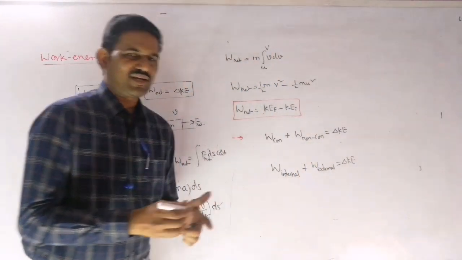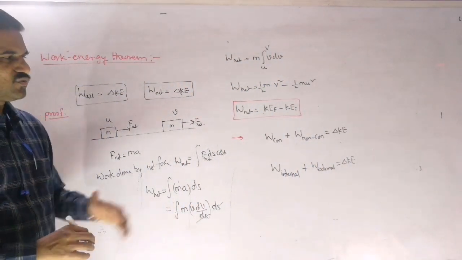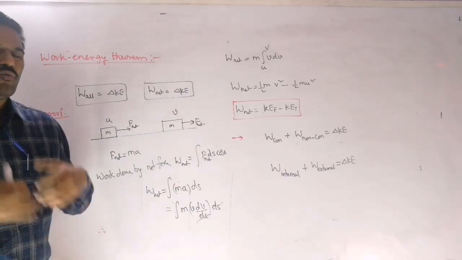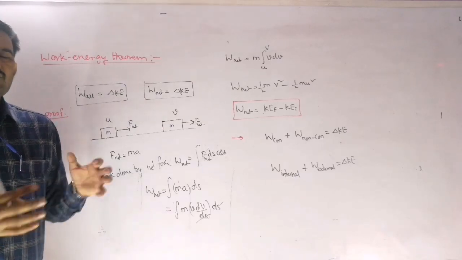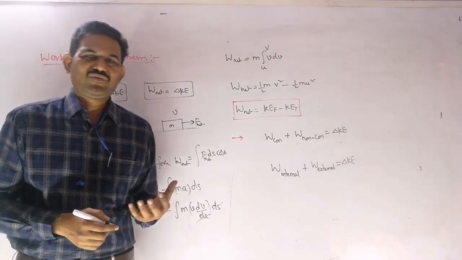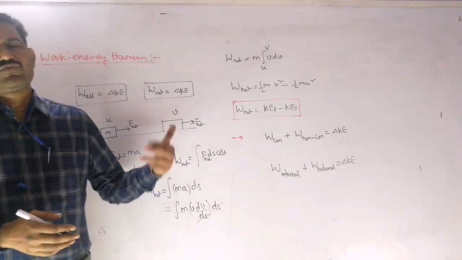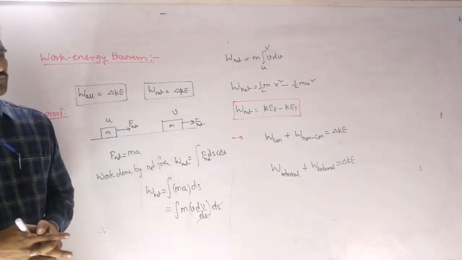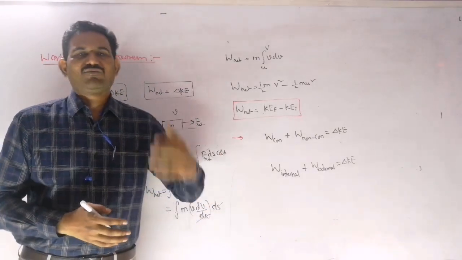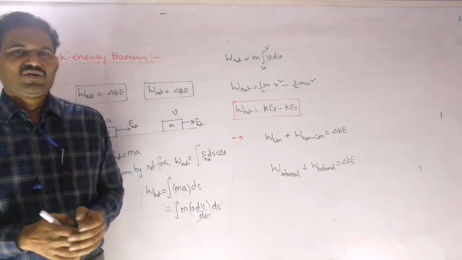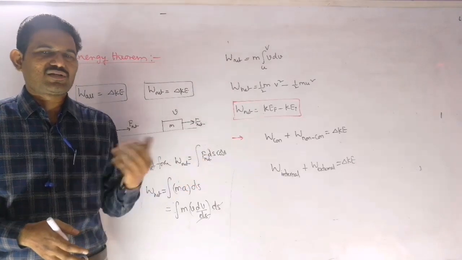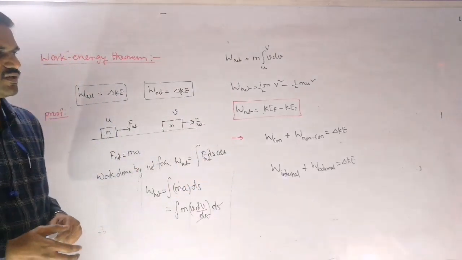Whatever the classification is, you can do that classification, and you need to include the work done by all forces there. Simply, whatever type of force is acting, you need to write the work done by all forces. For some of the forces the work done may be 0, then we will just substitute that 0 value there, right? The force may act and the displacement will be there, but still the work done by that force will be 0. So then we substitute the work done by that particular force as 0. The remaining forces may do some work, right?